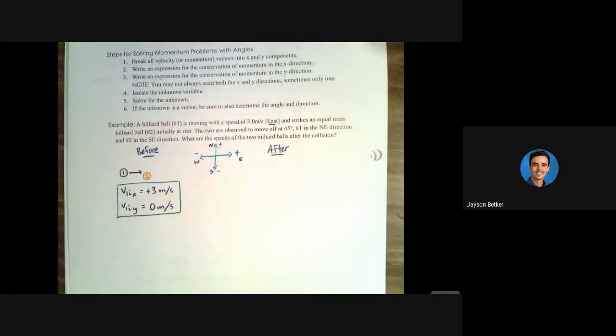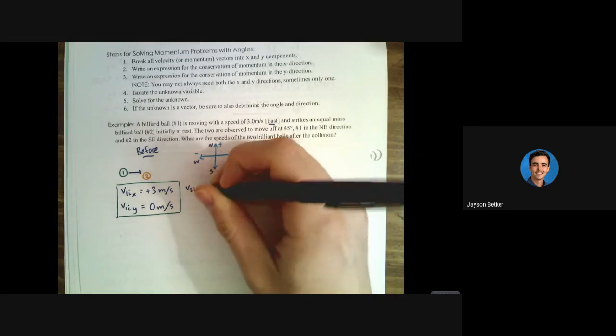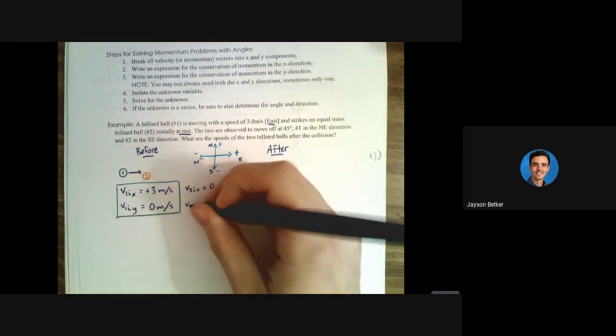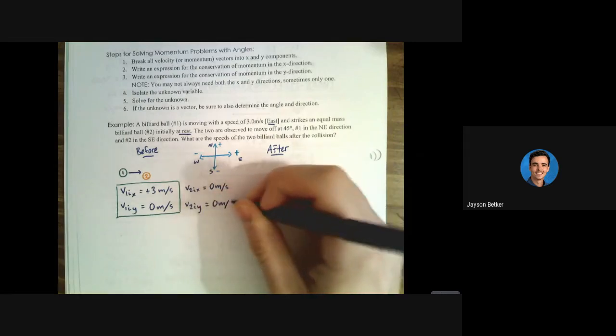collision. Let's write down everything we know about billiard ball number 2. Shouldn't be that difficult. V2IX is 0 because in the question it told us that it was at rest. So that also means that V2IY is also 0 meters per second. So remember, V2IX, that means the velocity of ball